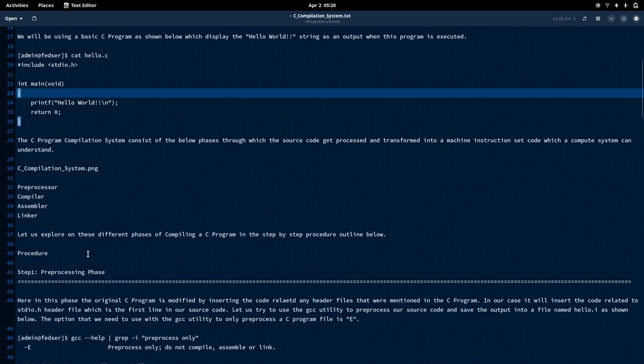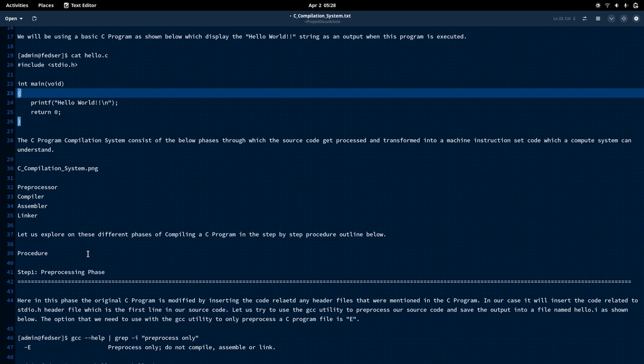As I said, the C program compilation system transforms your source code from human-readable instructions to machine-readable code, and this transformation is done in different phases.